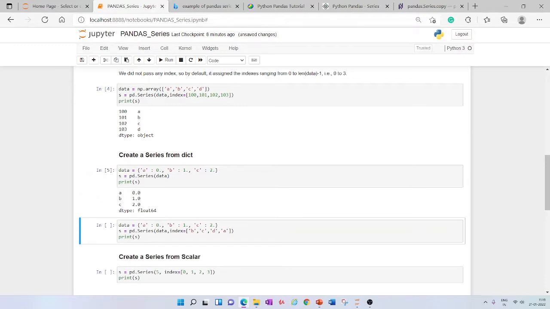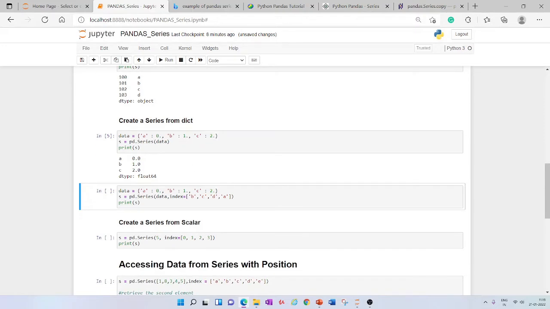So now I have the indexes represented by A, B, C and the data is 0.0, 1.0 and 2.0 and the data type is float64. So this is the way we create the series from a dictionary, and we can change the order of the index